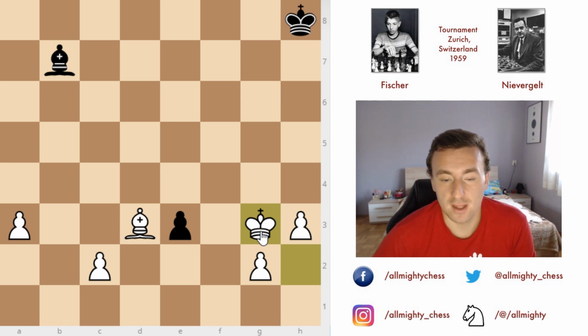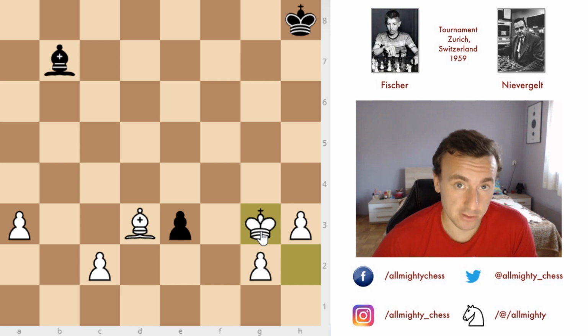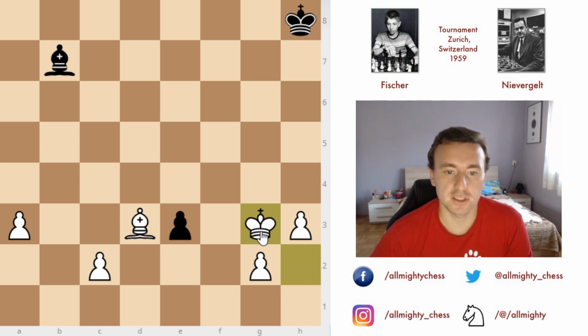So yeah, this is pretty much it for this game. Not a lot of sets, so Fischer played pretty much normal. Mr. Nievergelt went for this strange variation in the Sozin attack or the Fischer attack and just lost in the end. As I've said at the beginning of the video, Mr. Nievergelt is famous for that one game from this tournament against Stahl, so I will probably cover that game as